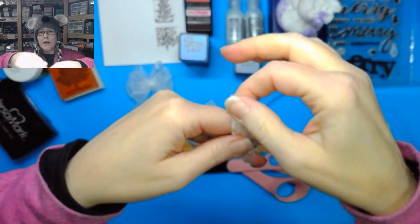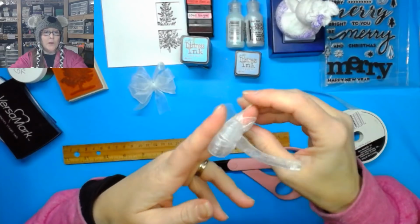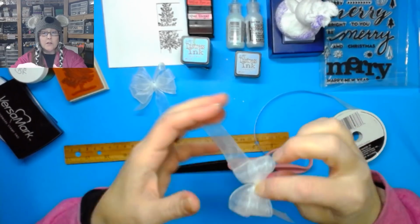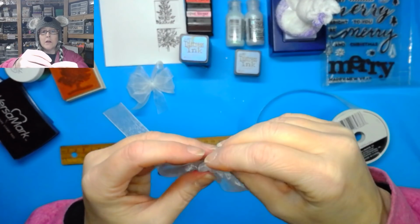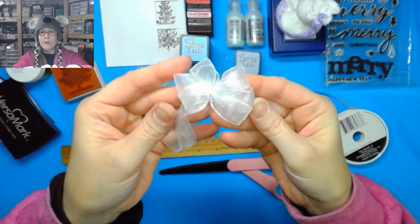If you're just starting out, you might want to make that last tail super long. And then you got to wiggle it out. Wiggle it off your fingers. So what did we end up? We ended up with a tri-bow. See that? All right, so